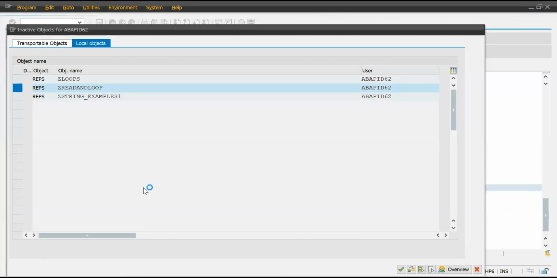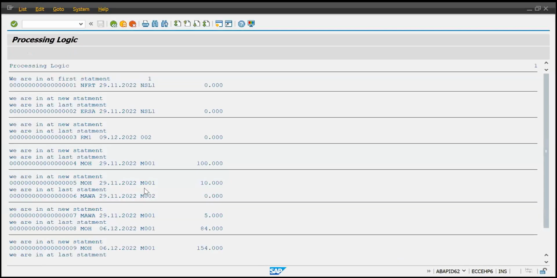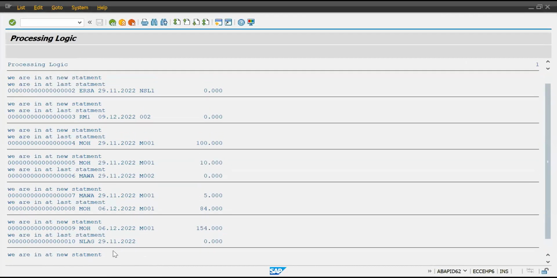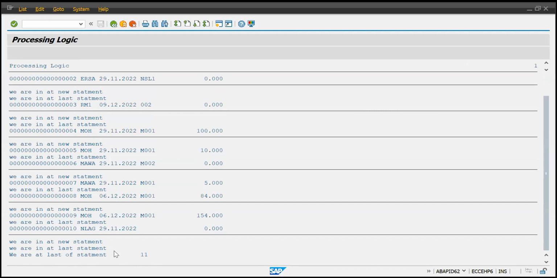Simply execute it. See, it is coming for all of them. It is not coming properly for the last one, which we have to control accordingly as per the program. This is a dummy program, so we have not used it properly, but we can control this part